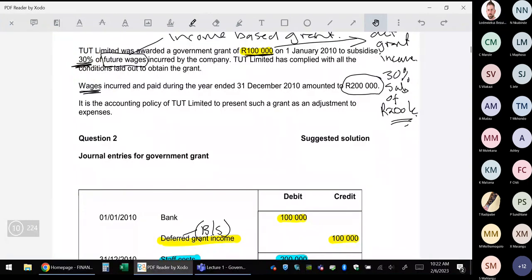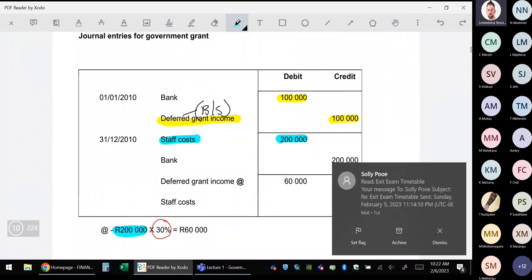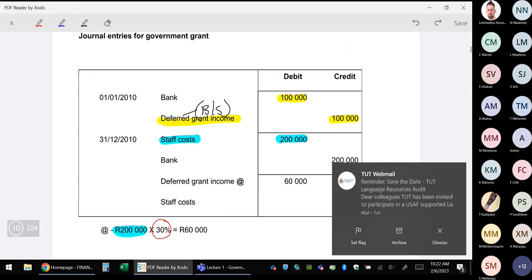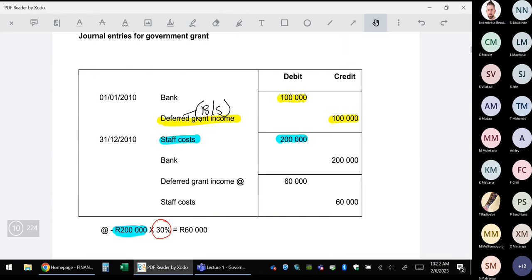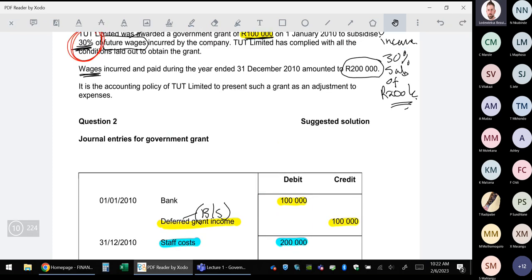30% of my wages is subsidized. I can say 30% of the 200,000 staff cost is subsidized for the current year. So I can recognize 60,000 in the current year. I debit deferred grant income with 60, and this is offset against the cost,